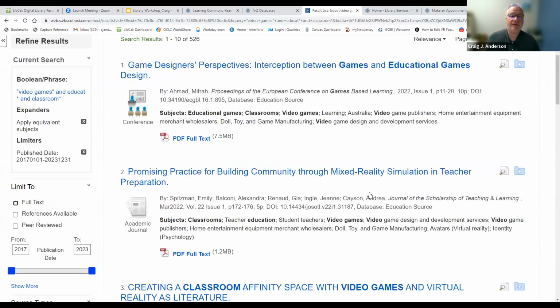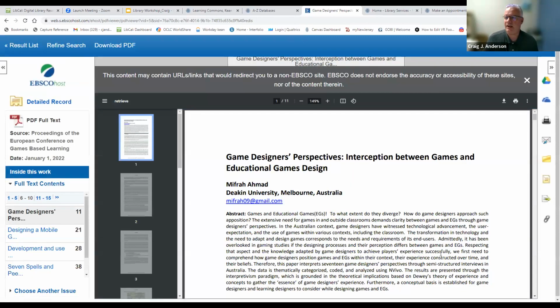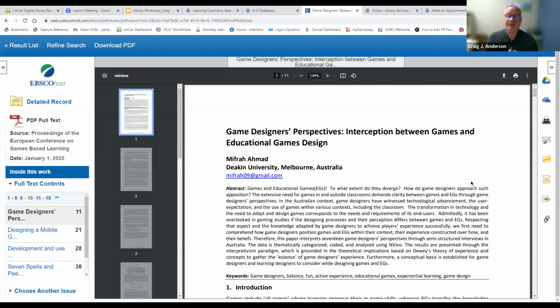So now as we go down this list, we'll notice that some of these, this is actually not an article, this is a conference paper, this first one here. But some of these will actually have the full PDF, full text of the article. And I like it when it appears as a PDF document because then it shows the whole document right here, exactly the way that I would have seen it if I had gone to this specific issue or volume or journal.